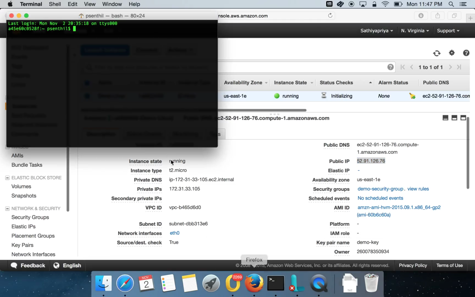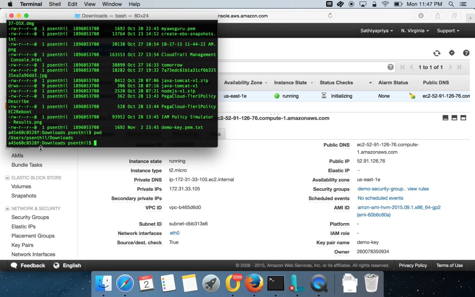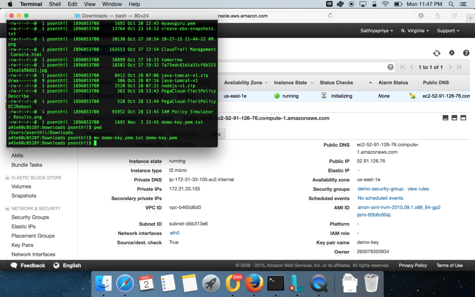So now I have to go to where my key pairs are downloaded, under Downloads. So it's my MacBook. If I go here, there is a demo.key.txt. So let me rename the file demo key to demo key.pem. I don't want .txt, I just want pem. And then I'll also change